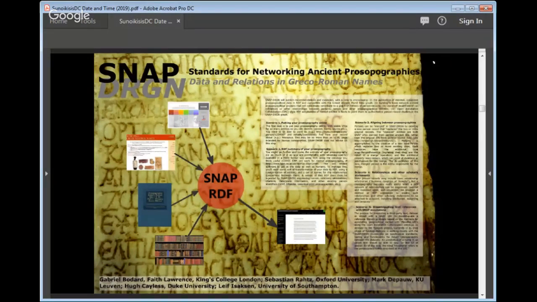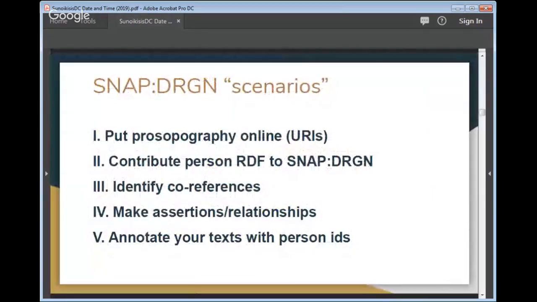So lots of very diverse data that we want to be able to share and think about how we link that data together. I mention this because I want quite emphatically to point out that Snapdragon is not attempting to define how you should encode a digital prosopography if you were building one, but rather how to share a small subset of prosopographical and person-related information between various databases. So, SNAP recommends 5